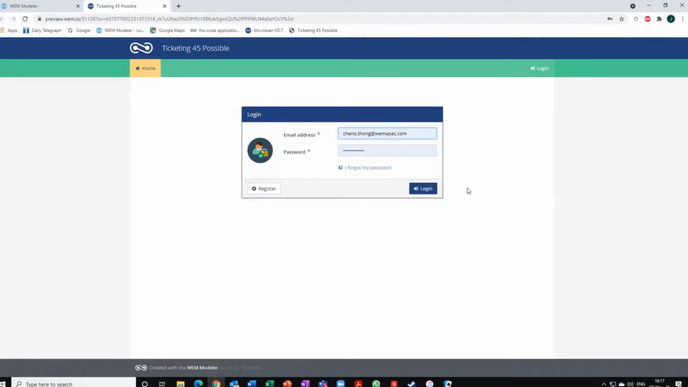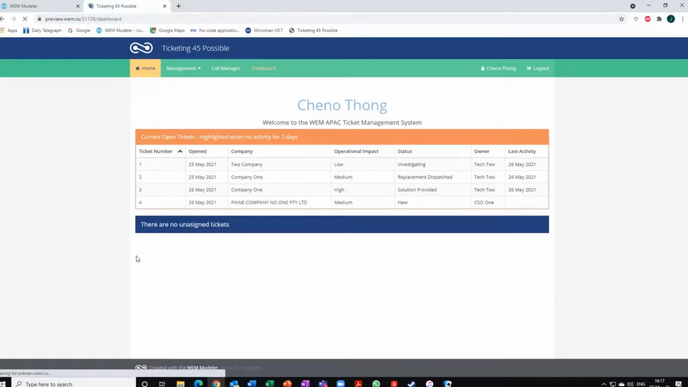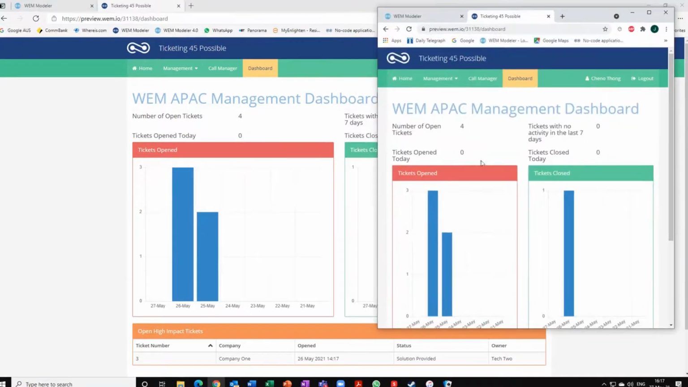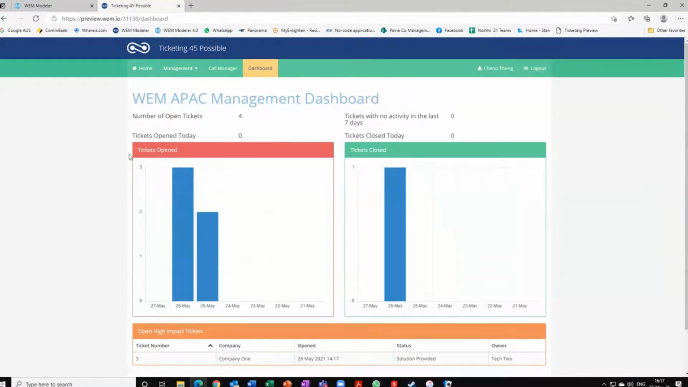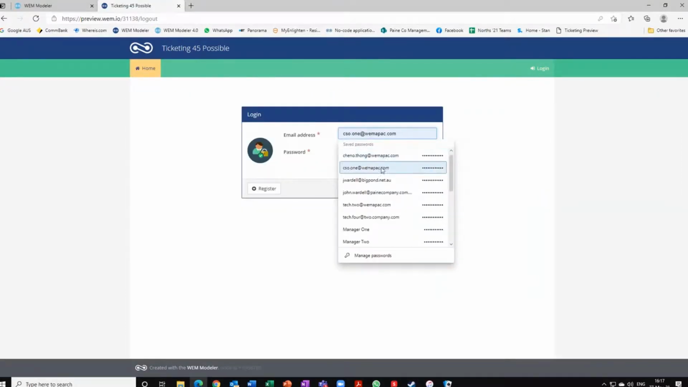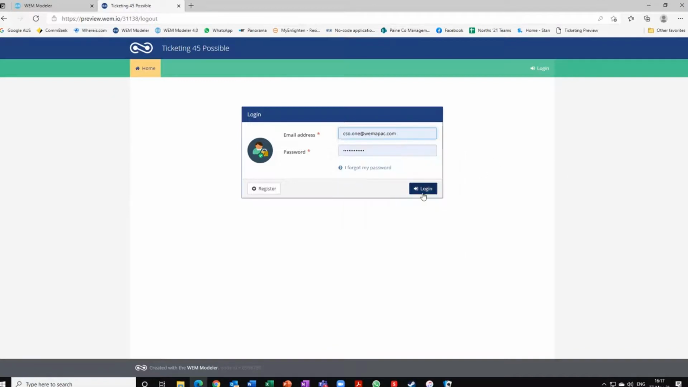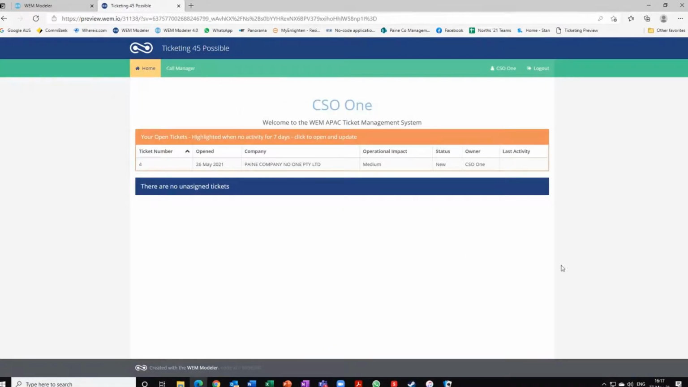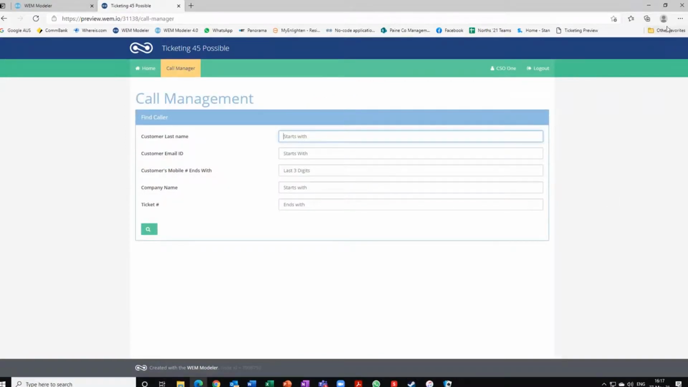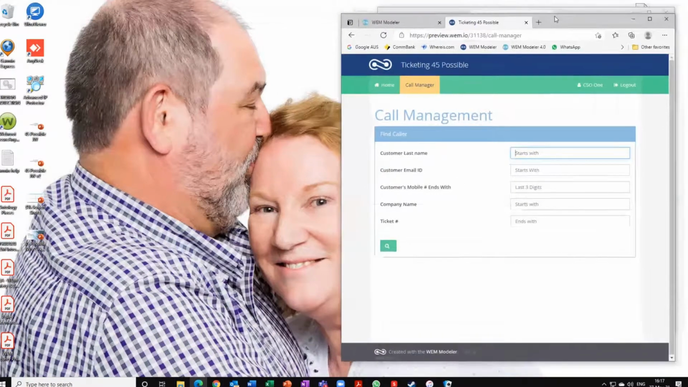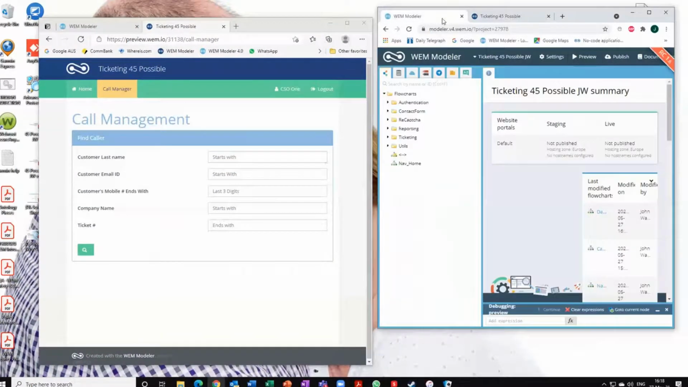Let me go in as channel again on here, log in and bring up the dashboard. Close that down slightly, go back onto here, log out of here, go back in as that CSO1, log in and go into my call manager. So if I put these two side by side, if I do something like close the ticket,